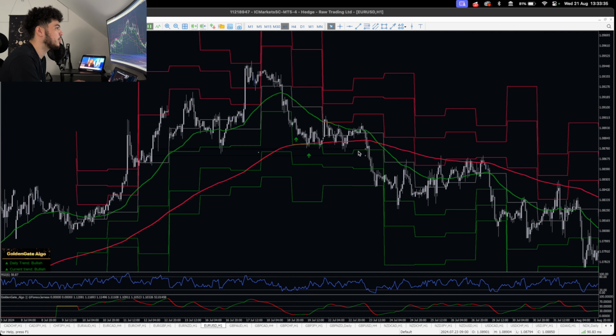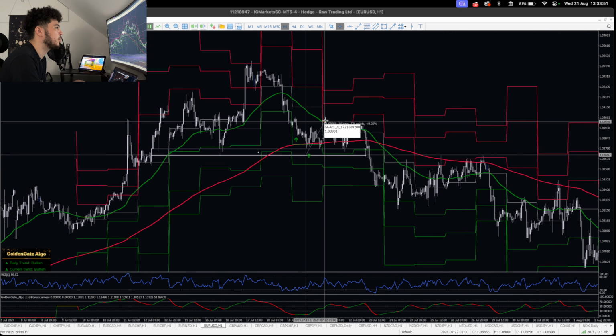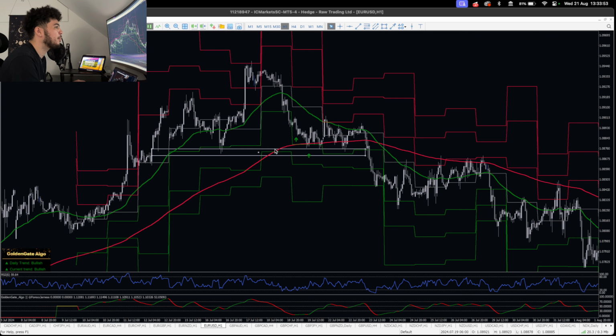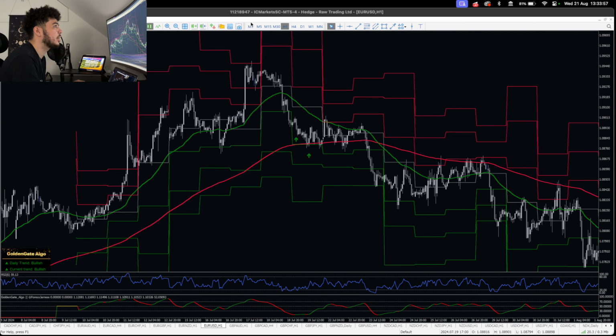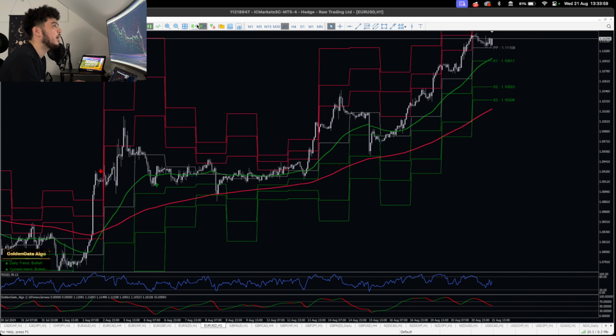Actually, let me just change the color of this box. There you go. So you can see there's a nice support here. You got signaled into a long position. So if you saw this on the hourly, you could go down to the 5 minutes or 15 minutes and trade it up into sort of here and catch, what's that, 270 pips. So yeah, lots of ways to go about this, but it's my favorite indicator. Like I said, I use this on a daily basis. And I just sit and I let it do what it does, and it'll give me an alert. So a sound will play, I'll get a notification on my computer,